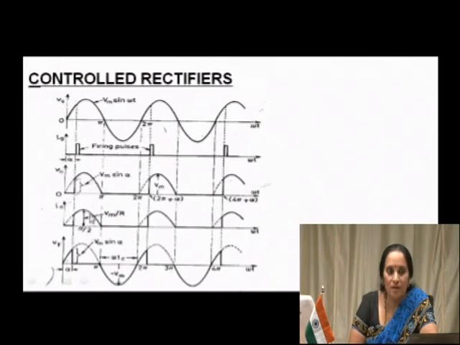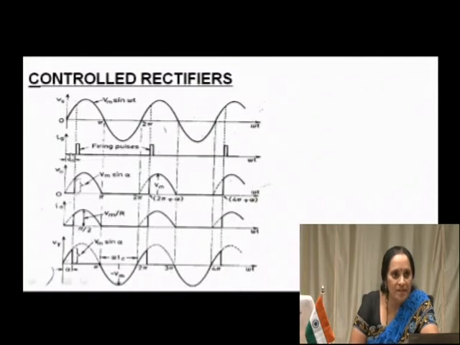If you remember AC fundamentals, whenever I am having a resistance, then I am going to have voltage as well as current waveforms which are in phase with each other. That is, they pass through 0, they pass through maximum at the same instant of time. That is why, students, I have drawn I0 in phase with V0, because I am taking a resistive load.